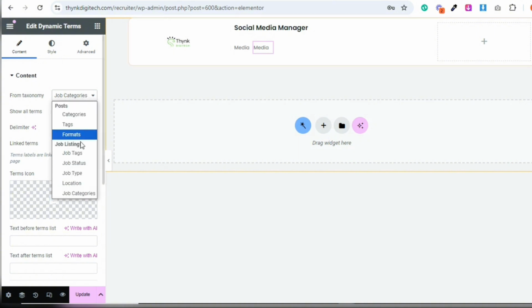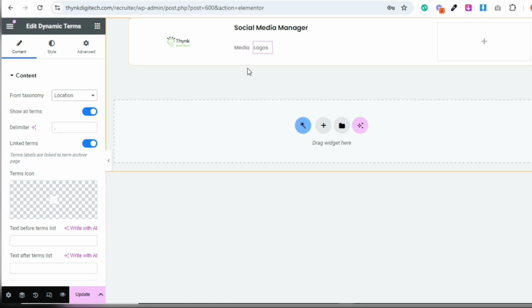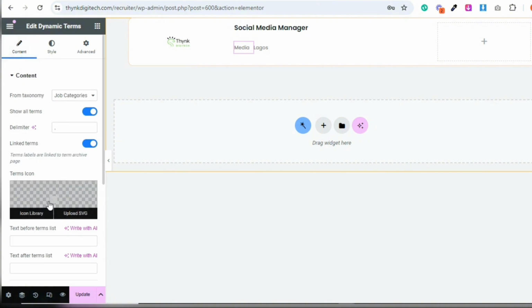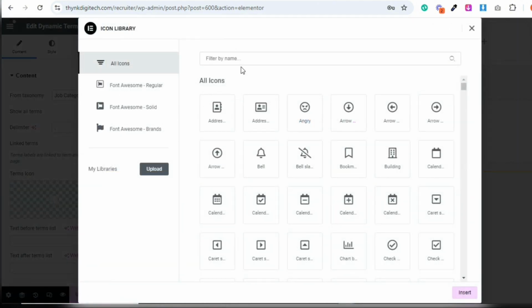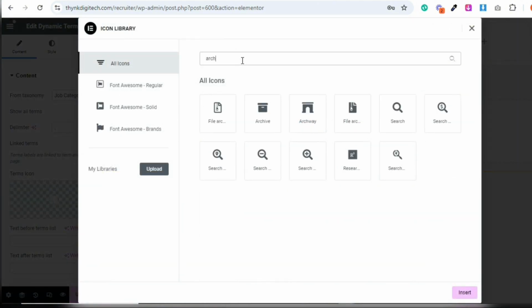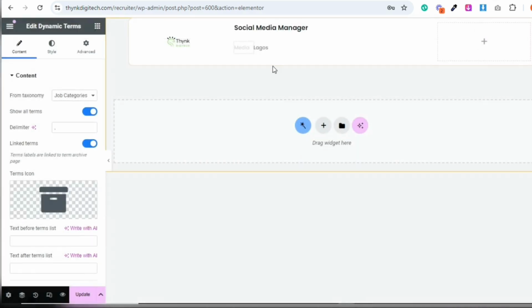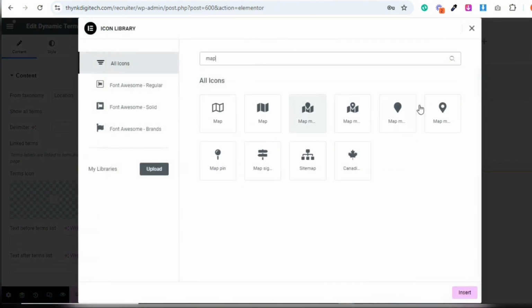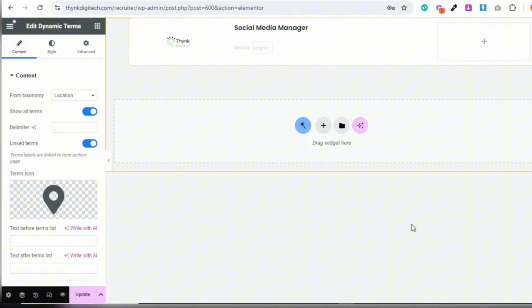Change the taxonomy to job location. So I want the job location to show. Now we could do something more to this by adding the term icon. For the first one, I'm going to look for archive and add this icon to it. Then for the second one, the term icon, I'm going to look for map pane and add it to it